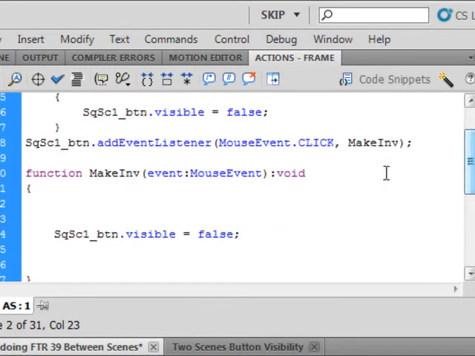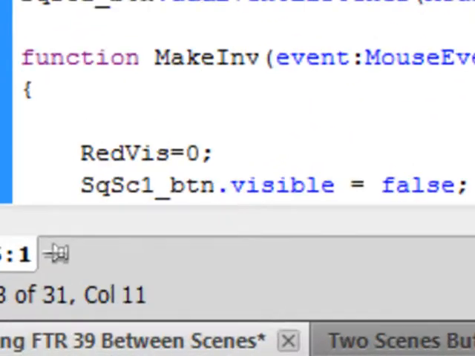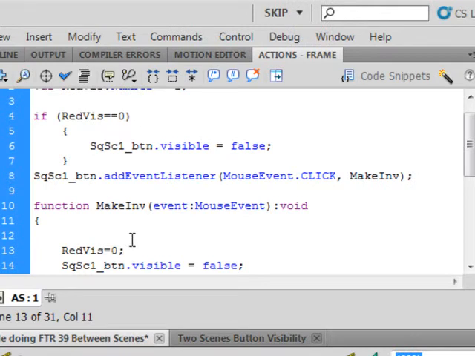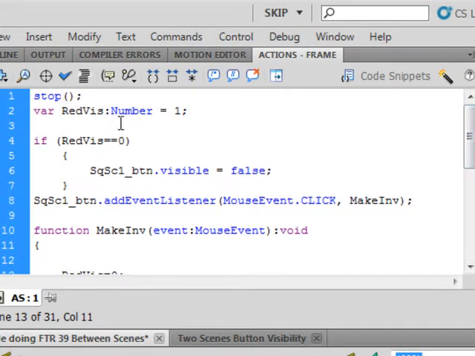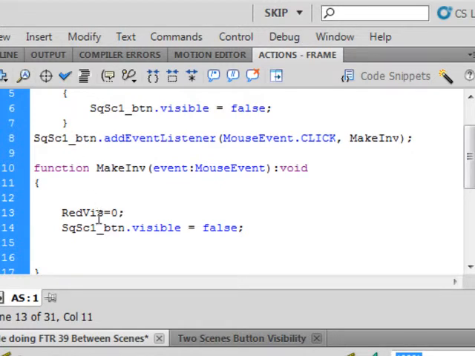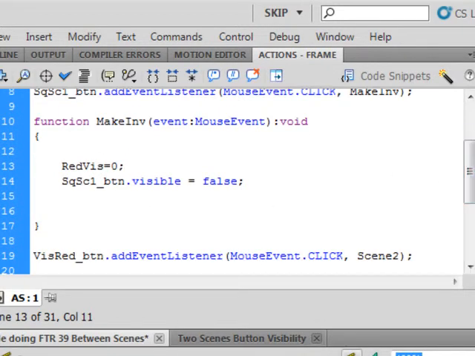And here, where we're pressing this button, which actually makes itself invisible, put a line in here, type. That variable we just made, that REDVIS, we're going to say make it a 0. So now, how does this work? When we first start, this variable is a 1, so this test does nothing. When I click on the red button, I make it disappear, but before it disappears, it makes that variable a 0, so that when I jump to scene 2 now,